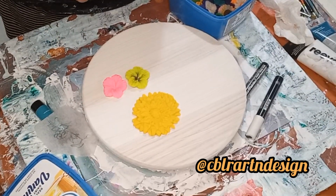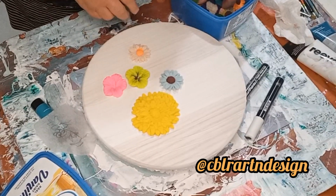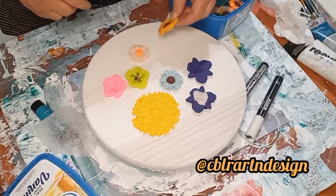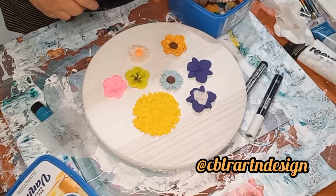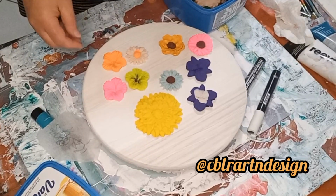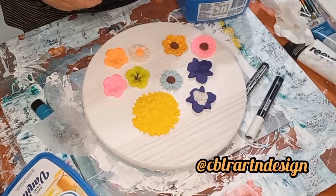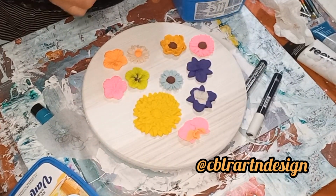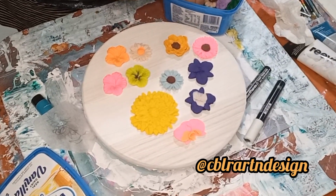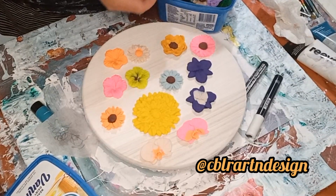These have got some little hibiscus, chrysanthemum, daisies, irises, and other flowers that I really don't know what they are, but I know that they're tropical-like. So that's what I'm going to do, use those. I've got a whole heap of them here. Oh, and orchids. What else have I got? There's another orchid. So yeah, I'll probably use those